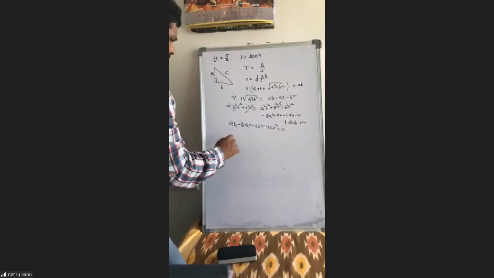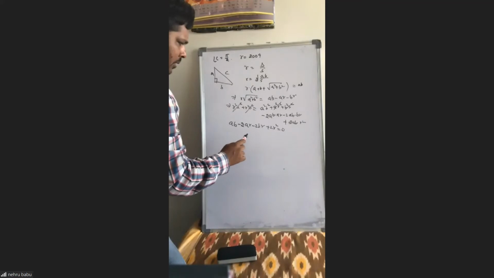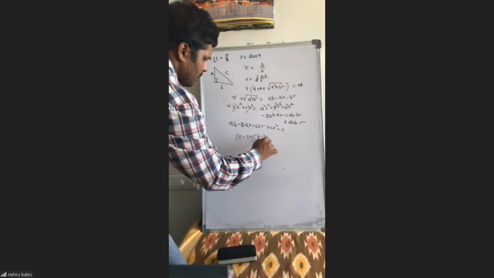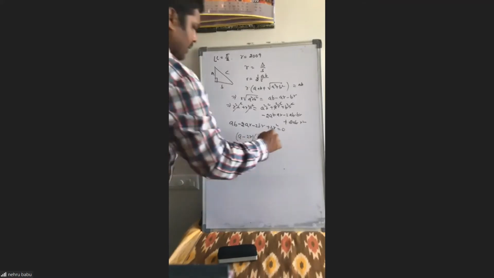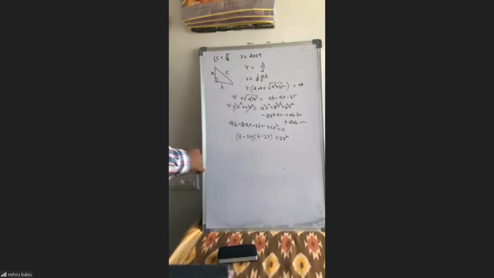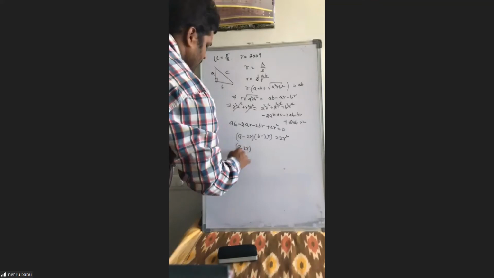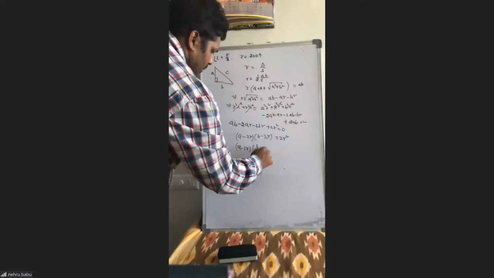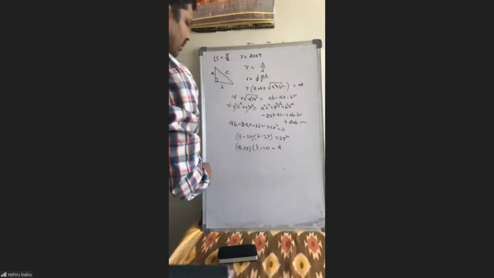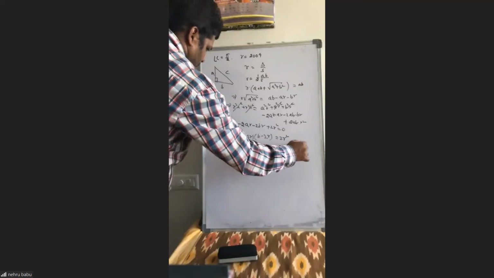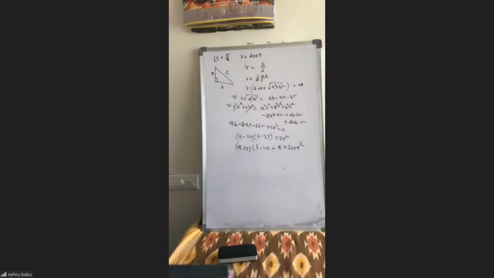We'll add 2r square on both sides. Like 2r square, a minus 2r into b minus 2r equals 2r square. So here our idea is factorization of this. How many ways can you write it? Sir, but we'll have to take half of the factors because we'll count them twice otherwise. Twice, yeah. So r into 2009 square. So here our idea is how many factors are possible for this.